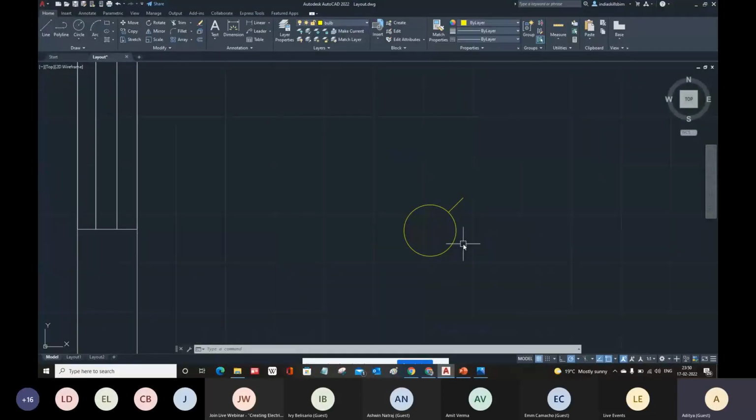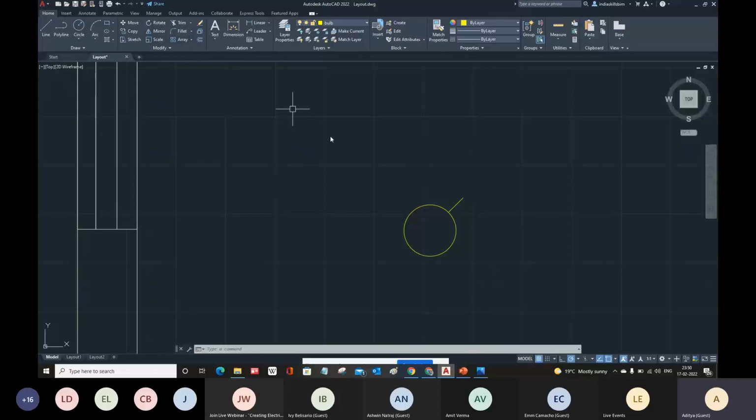I'm using the shortcuts because shortcut is the best way to create projects in AutoCAD. If you want to use your toolbar to do all these things, you can, because in the ribbon we have all the draw tools by using which you can draw a line, draw a circle and everything. And from the modify panel, here we have all the modify tools. Like if you want to create a mirror, here we have mirror. If you want to create any pattern array, here we have array.